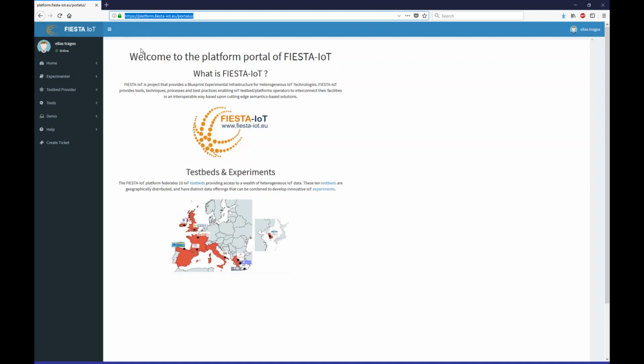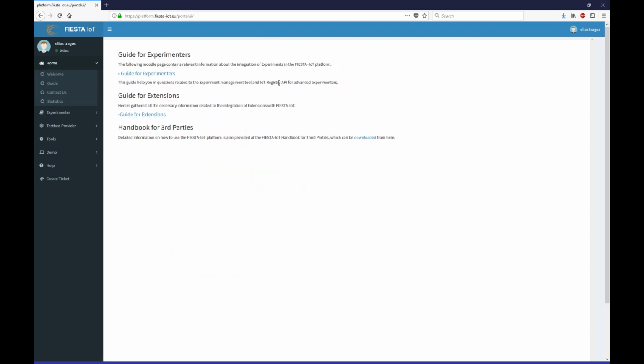You have the left vertical menu, which will not be fully available to you because we are only experimenters. You are not testbed providers, so you can forget, for example, this menu here. This is the very basic welcome page. If you click on the home menu, you will also see some links for the guides, where it basically redirects